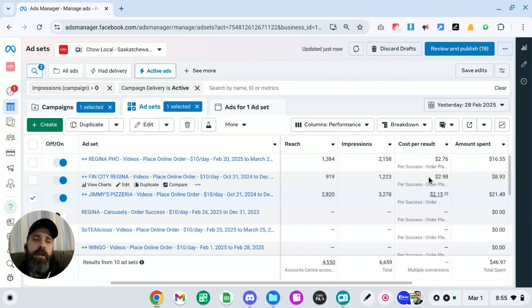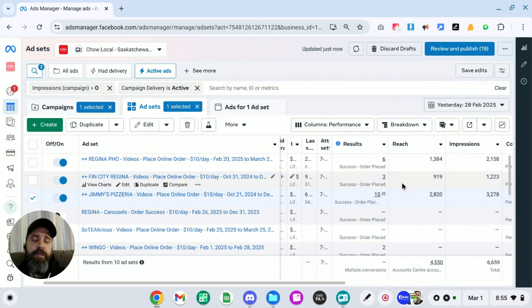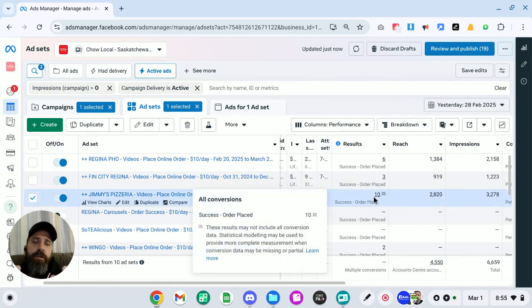The way you can do this is you have to set up conversions. Here you can see as I scroll over my conversions, it explains what my conversion is. You can name your conversions when you set them up. My conversion is called success order placed. So what that means is